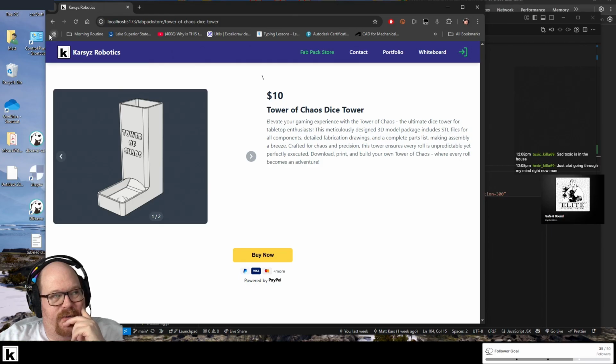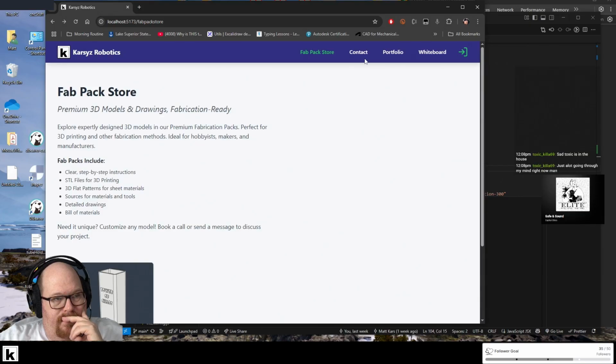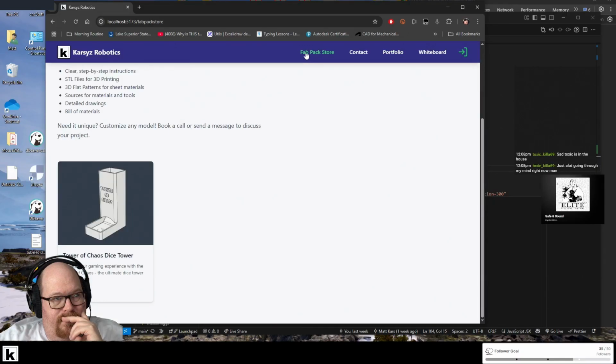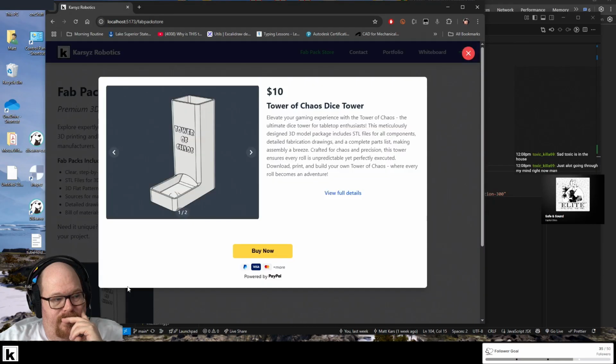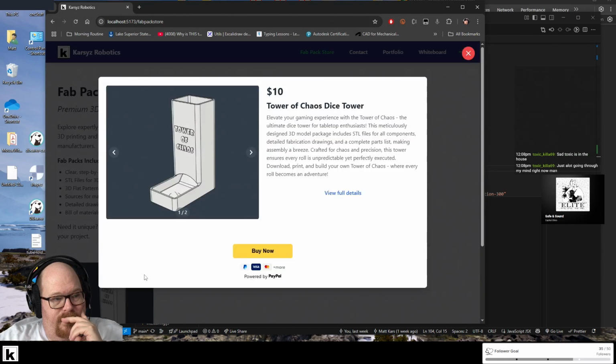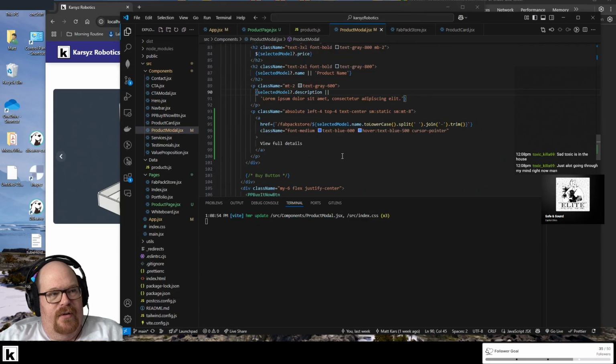Yeah, like that's a full page reload, and that's because it's a standard